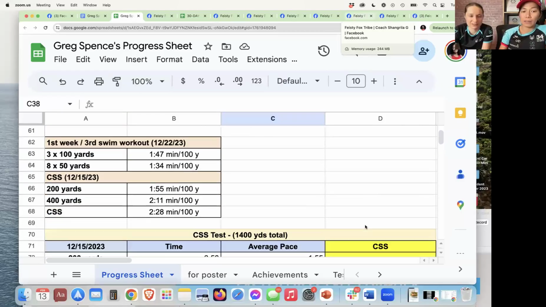Now let's take that to swimming. So Greg here wants to go back to Olympic distance, wants to get his 70.3, eventually a full Ironman. But one of the things that we do know is that he did not know how to pace. You're at the swim start. Everybody's around you. You're surrounded by all the people. You have a high heart rate. You're excited. And that could be what happened to Greg as well during his first sprint race that he did before. And guess what's going to happen? Hyperventilation, panic. We don't want that.